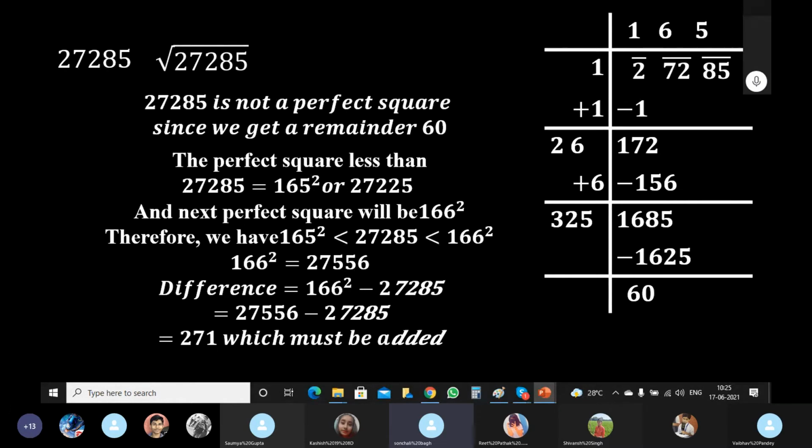Now the question says what must be added to or subtracted to? It says added. What must be added to? तो हम आगे वाले नंबर के साथ डिफरेंस देखेंगे कि पीछे वाले नंबर के साथ? With 166 square. राइट, तो अगर हम 166 स्क्वायर का डिफरेंस हमारे नंबर से देख लेंगे तो हमें पता चल जाएगा कितना नंबर और जोड़ना है. अब समझ में आया? Ma'am, आ गया. अच्छा, one thing you have observed, this whole question is based on statements only.